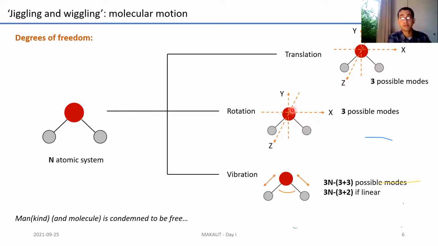Then you have rotational degrees of freedom, which is basically the molecule rotating along the axis. So it can rotate along the y-axis, it can rotate along the x, it can rotate along the z. I've taken a right-handed coordinate system here. So effectively, if you do x plus y, you end up with z. And then you have vibrational modes of motion, where the number of vibrational modes is 3n minus 6 if it is a nonlinear molecule, because effectively you can rotate along all 3 axes. However, if it's a linear molecule, then